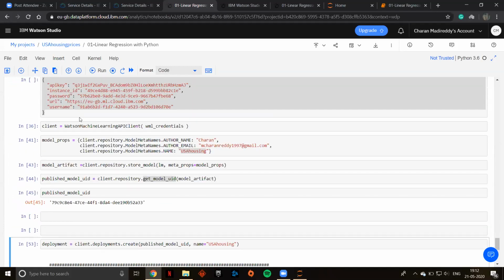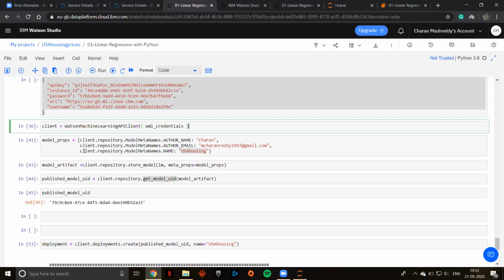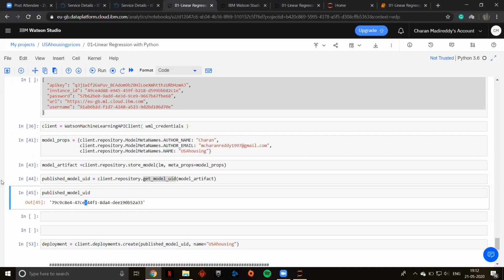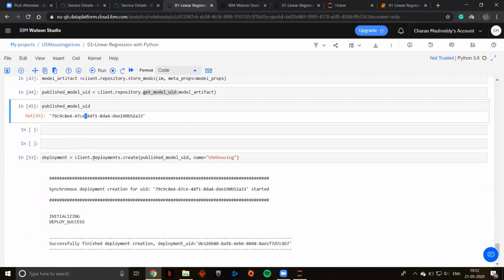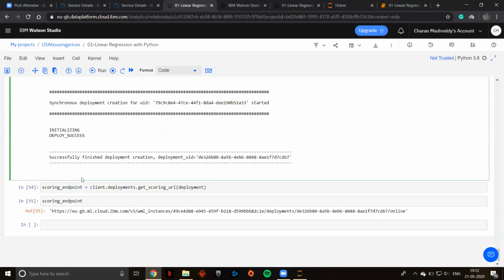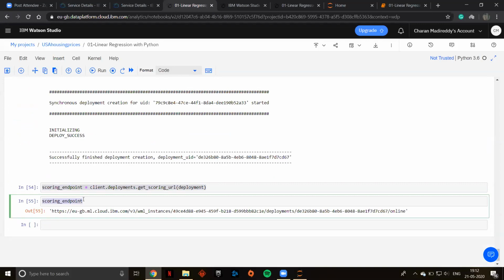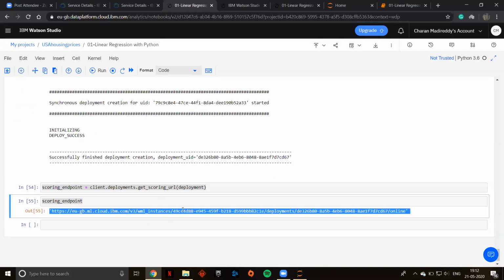So after copy and pasting, you have to run this code, and after that, directly run this deployment code. After that, you can get your scoring endpoint. Got it? We'll be sharing this code. You just have to copy and paste it, and you'll get the scoring endpoint. The scoring endpoint is a URL, right? So what is happening right now? The backend is over. You have created your model.